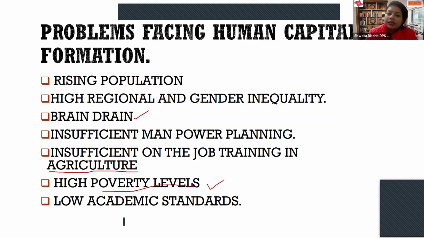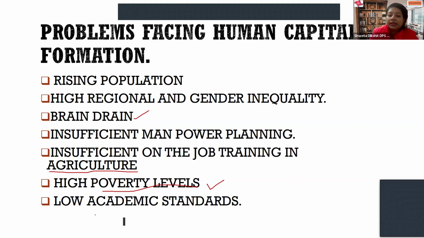You see, just think around and see around. You won't believe that poor people still live around, and these people are still struggling with their survival. So the people who are still suffering with starvation and struggling with their survival cannot think of higher education, cannot think of high standard of health facilities, and many more things, which checks the process of human capital formation.